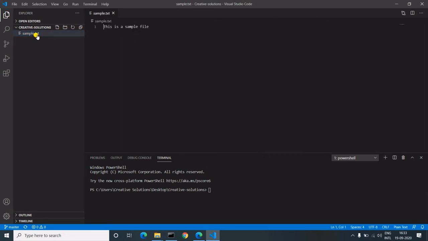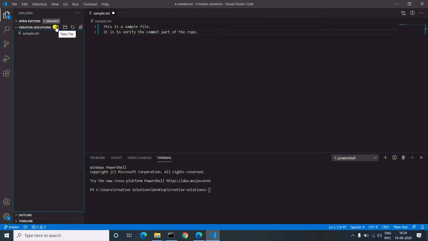Now as you see, this is a sample text. This is a sample file. Let's add one more line here. It is to verify the commit part of the repository, the repo. It does not matter what you write here, just to see that this part is committed to AWS.